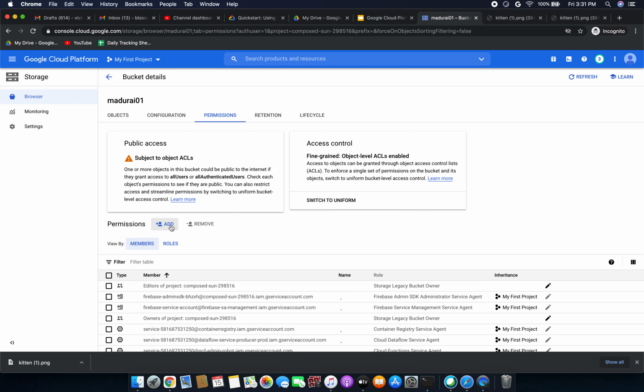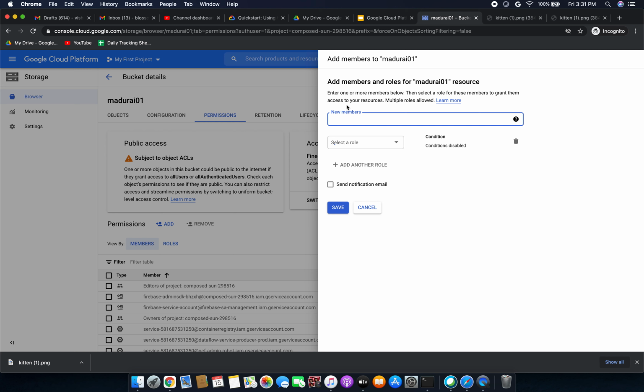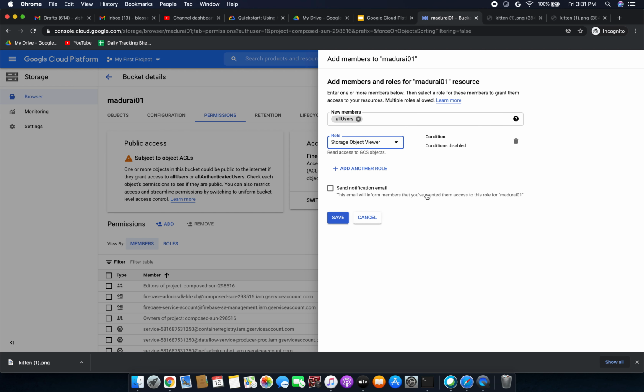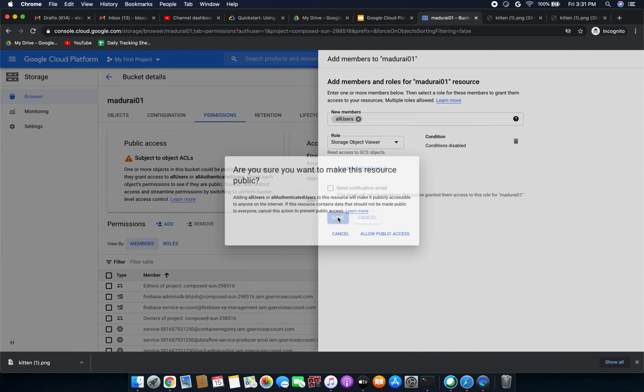Here we have one option called add, then click add here. Here we have to click all users, then select a role. Here we have to select cloud storage. Under this cloud storage we have storage object viewer. Just select this role, select object viewer, then click save.